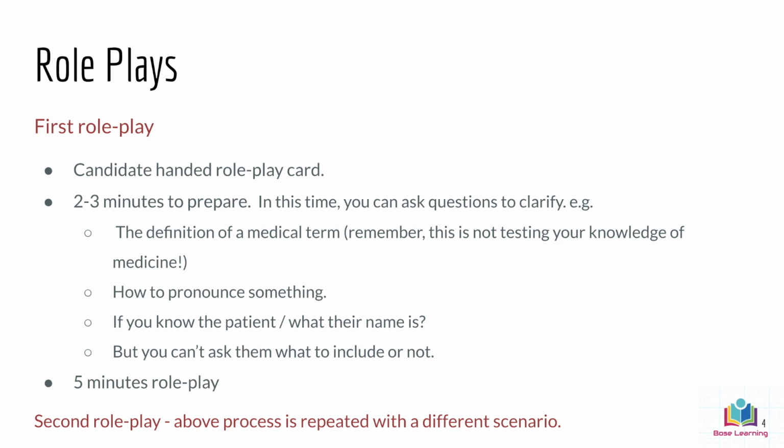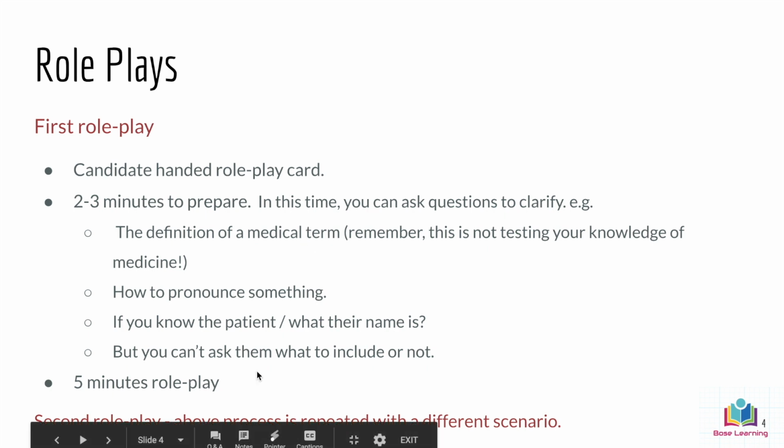After the 3 minutes is up, the interlocutor will let you know, and they'll let you know when the role play itself is going to begin, and the role play will last for 5 minutes. Once that's completed, you'll be given a second card with another role play on it, and the whole process is repeated again. So you get 3 minutes to prepare, you can ask questions, and then it will be the role